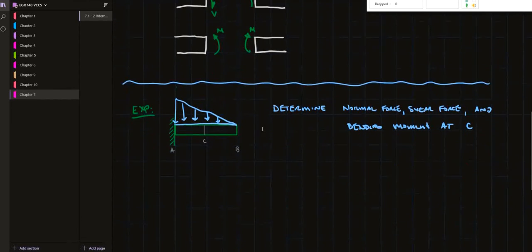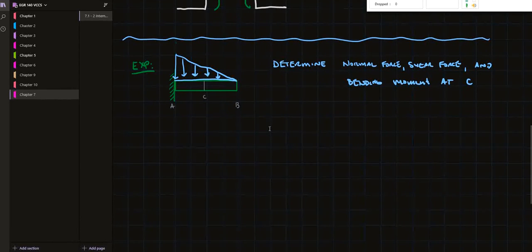So now let's look at an example to demonstrate some of these ideas. For the beam loaded as such over here, where this maxes out on the left at 1200 newtons per meter, let's cut this at C and look at the internal loads. So if I were to make that cut at C here,